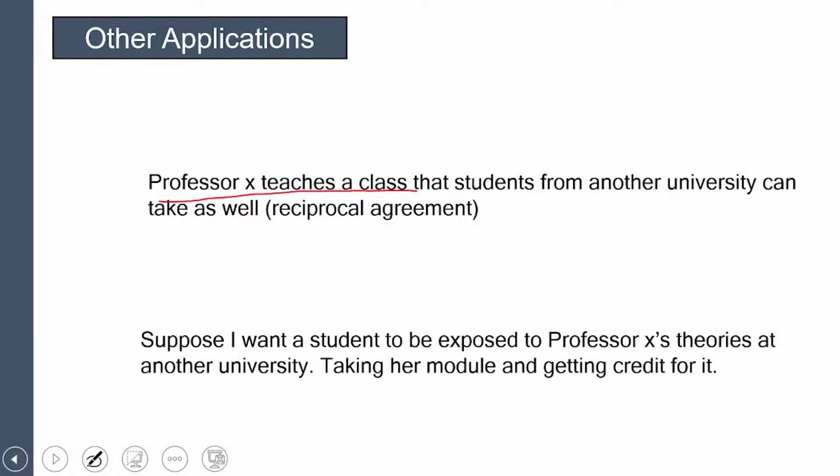And by the way, why limit it to your own university? Think about this. Professor X teaches a class that students from another university can take as well. Suppose you had a reciprocal agreement, some kind of consortium agreement among universities in a similar region. Let's say some university needs a presidency class taught one semester. Maybe someone's on sabbatical, and they have to think about hiring an adjunct.